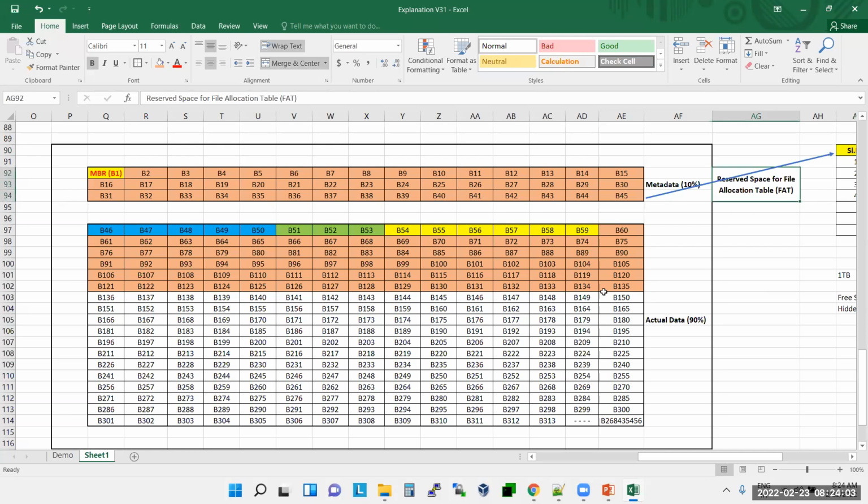If you right click on the hard disk and see the free space, it shows the free space of actual data, not of metadata. So this metadata place is an invisible place. Understood? Yes, sir. It is a reserved space.